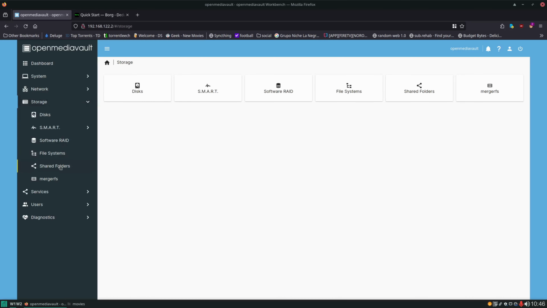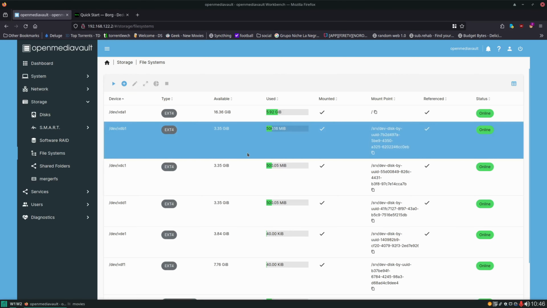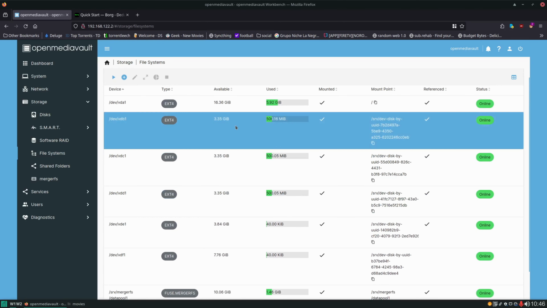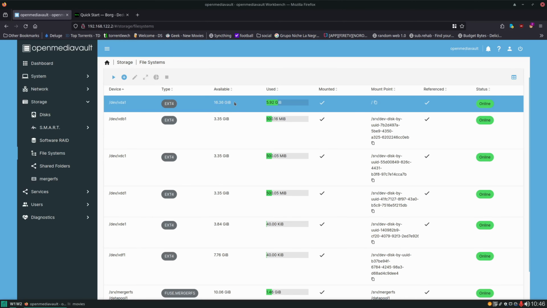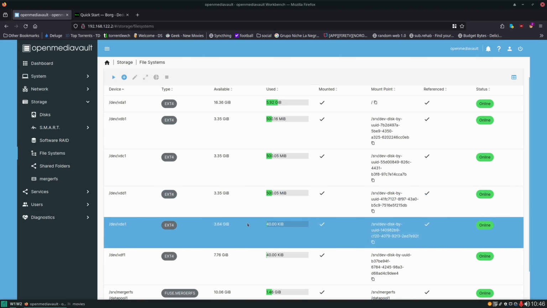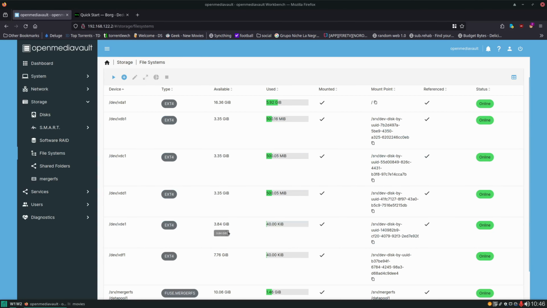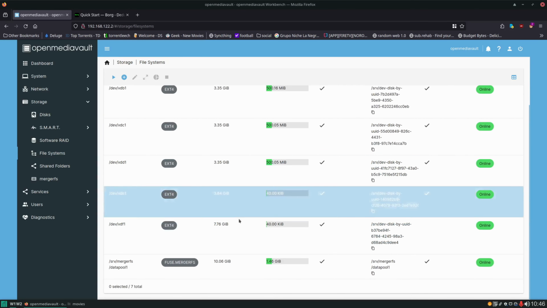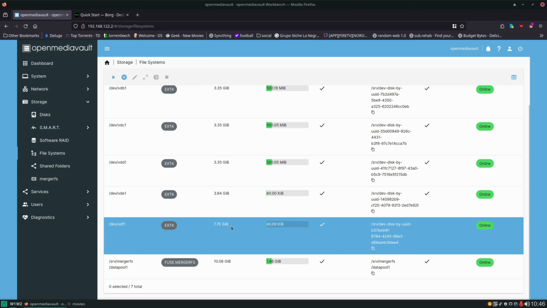So if I head to storage and file systems, remember this is where Open Media Vault is installed. These are our 3 data drives. Our 4th data drive is set to be the parity drive with SnapRaid within this array. And then this is the backup drive that we've always been referring to that we haven't actually used yet, because the backup drive is only going to be for our Borg repo. We're not going to put anything else on this drive whatsoever. This is only going to be for our Borg repo. And so we're going to copy this path,